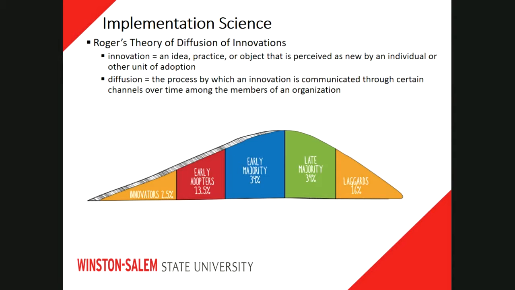And so when you also consider Rogers' theory of diffusion, one of the things that he pointed out is the need to recognize that within organizations, the people within organizations, but also organizations themselves, can fall within one of 5 categories. You have innovators, you have early adopters, you have the early majority, the late majority, and laggards. And these categories speak to the speed, so to speak, at which the individual or the organization may adopt